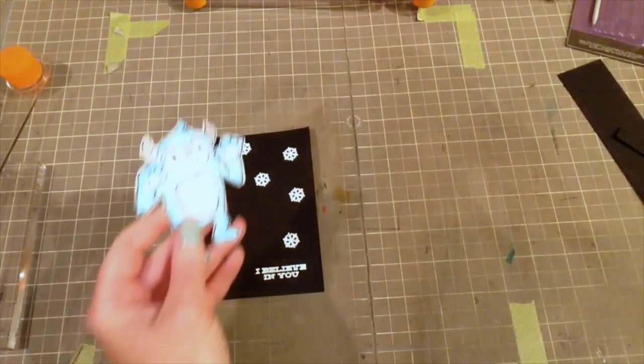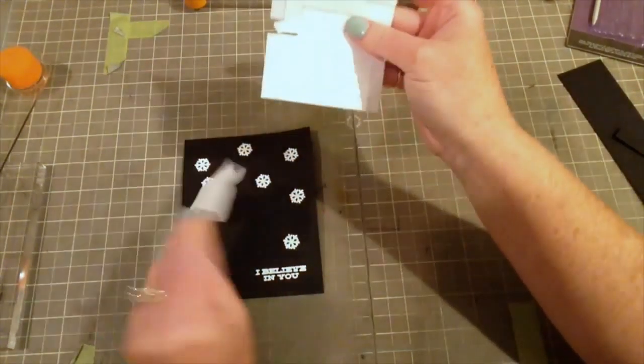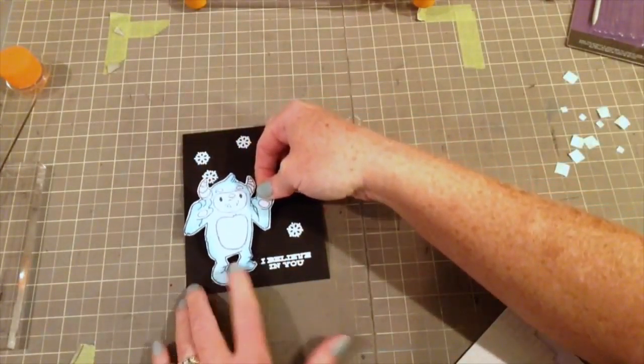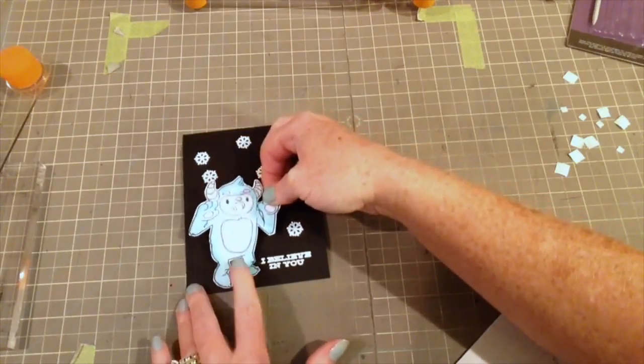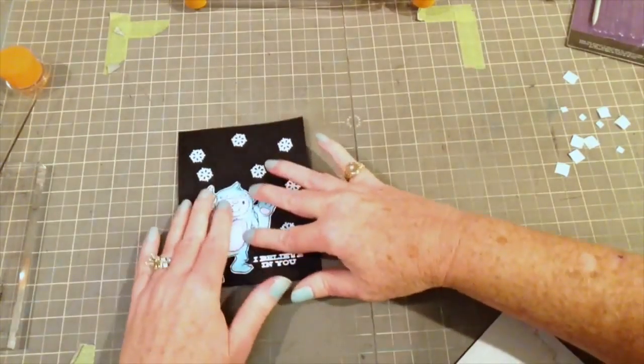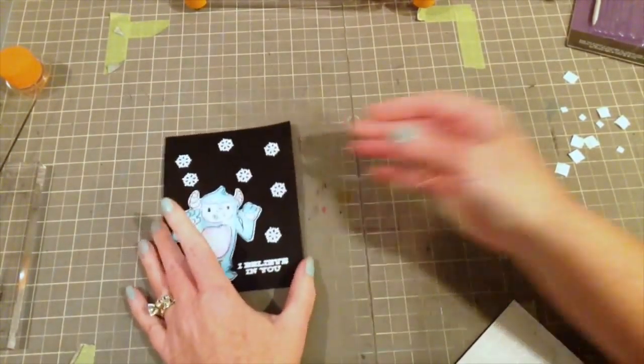So here it is heat embossed, and it looks fantastic. And so I'm going to take some foam squares, and I'm going to add that to the back and then pop him on so that he's kind of coming off of the page. And it looks great right there, but the brand new